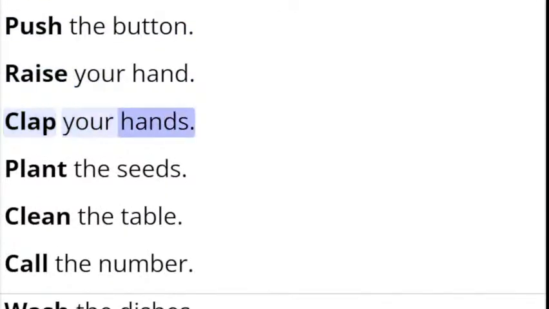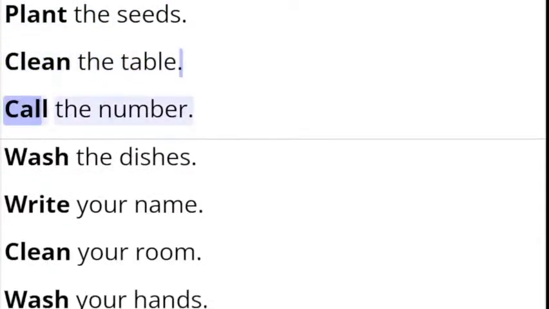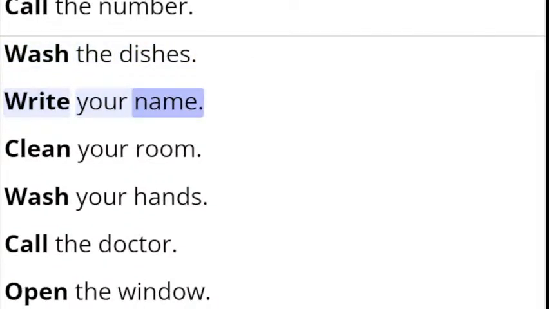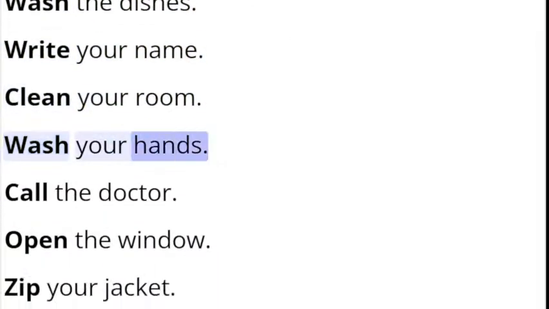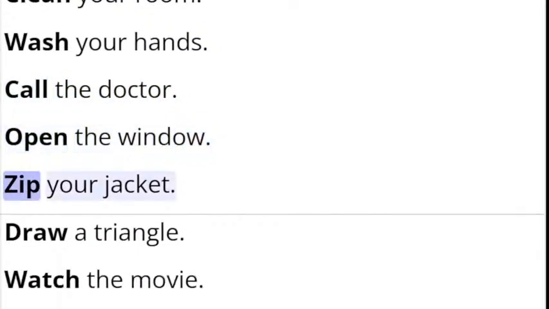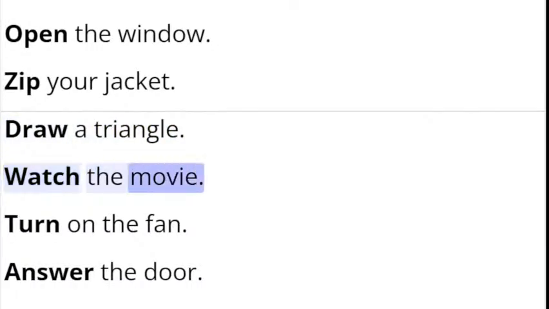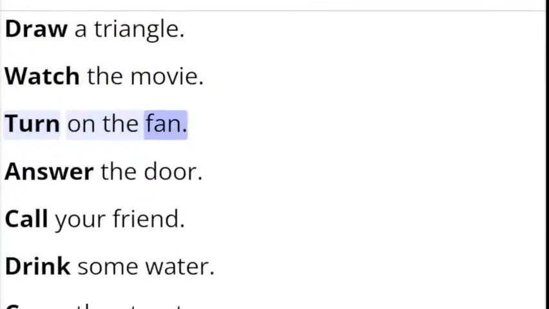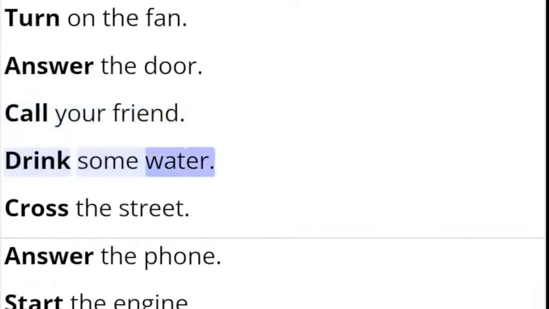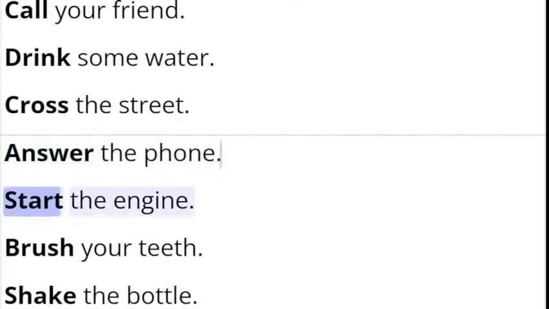clap your hands, plant the seeds, clean the table, call the number, wash the dishes, write your name, clean your room, wash your hands, call the doctor, open the window, zip your jacket, draw a triangle, watch the movie, turn on the fan, answer the door, call your friend, drink some water, cross the street, answer the phone,